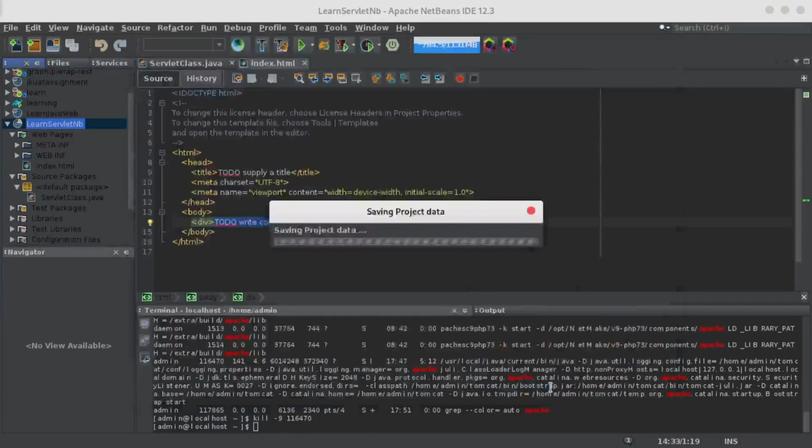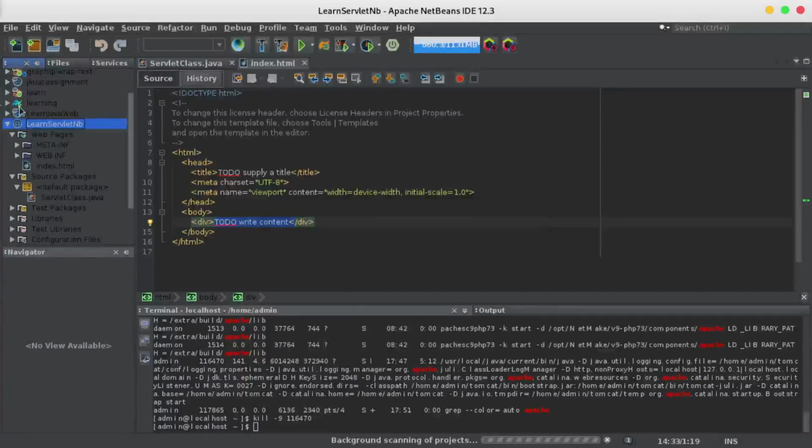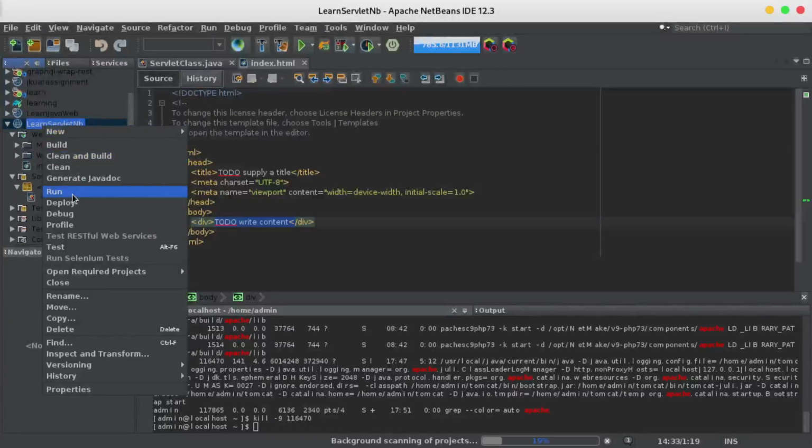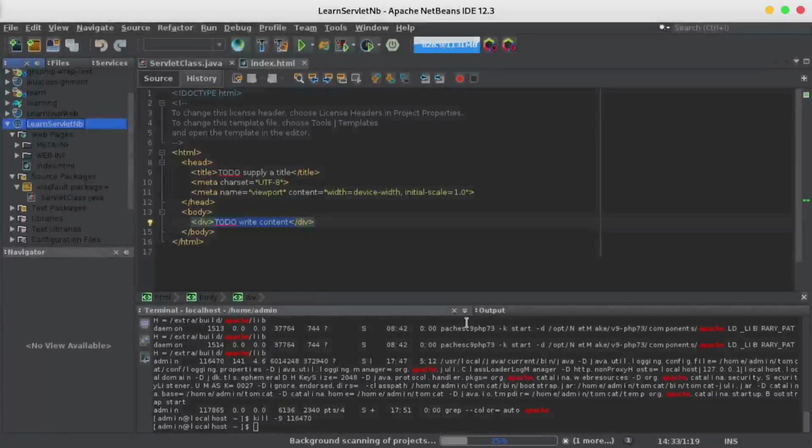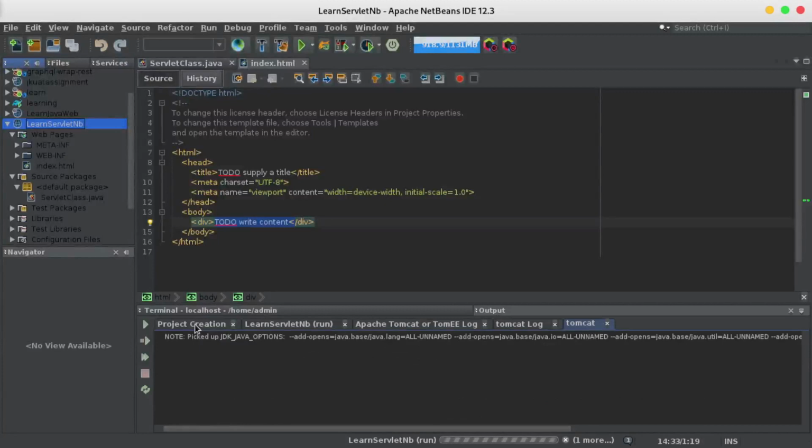Let's see if this works. If it doesn't work, we continue until it works. We are solving this together. Am I talking too much? Okay, no problem. Let's see what happens. I'm not going to skip this so that you know how to fix these issues, because they are bound to happen.